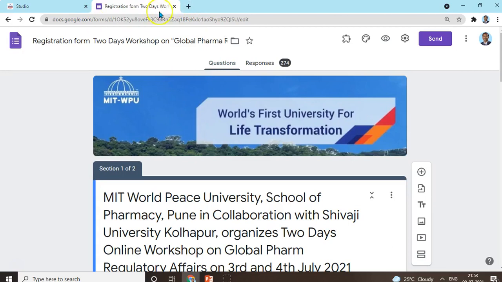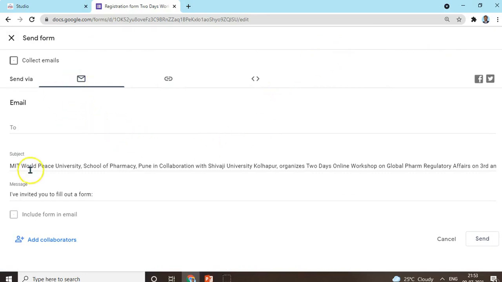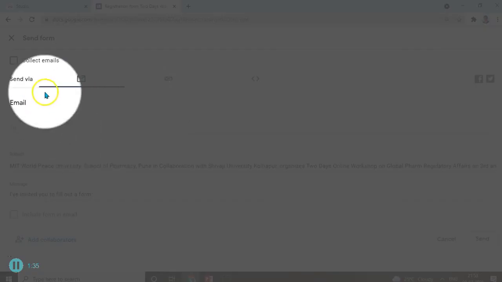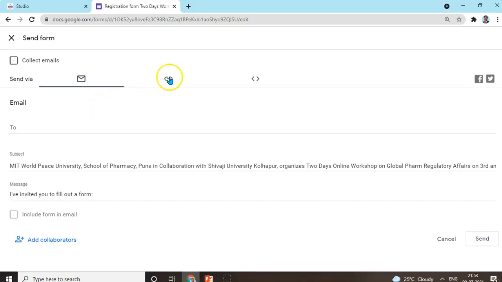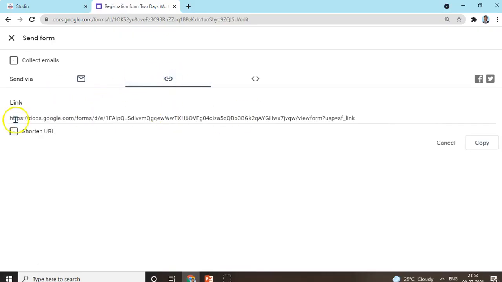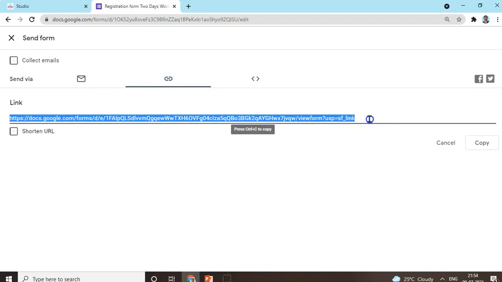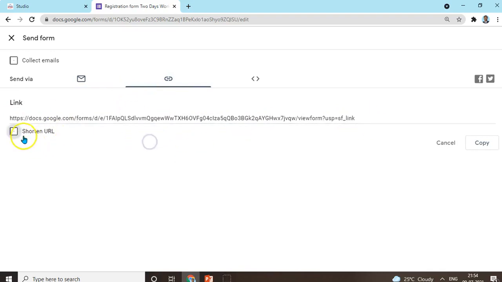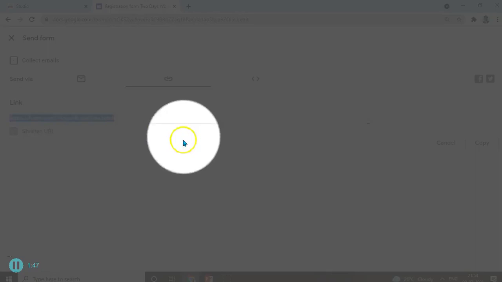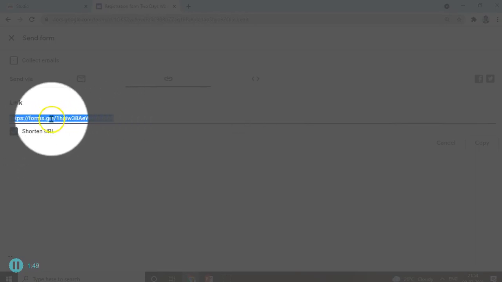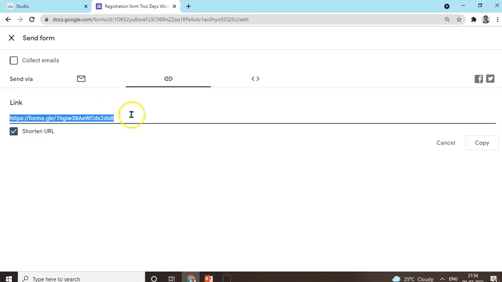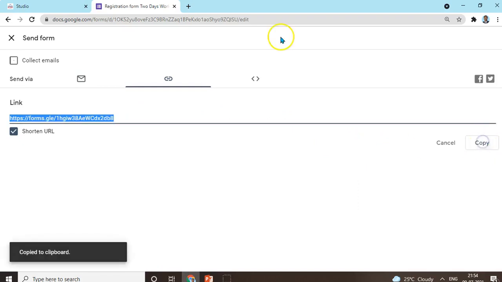Now before that we should have a link. For example, all of you know, when we create Google Forms, on Google Classrooms, we need to always send those links. These are the links that we create, and that we can send. For example, this link is quite lengthy. There is an option that we can shorten this link, but still this link is big. So in order to make it small, definitely we can copy this link